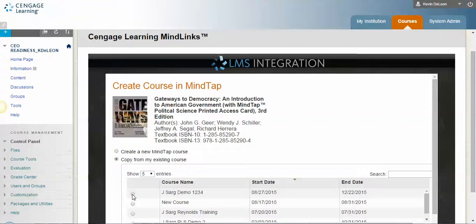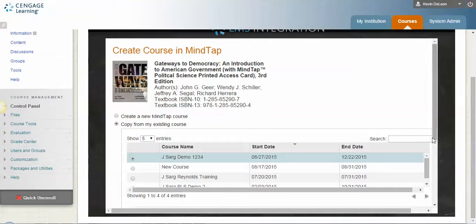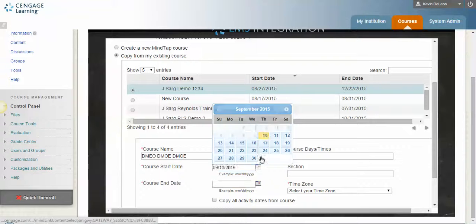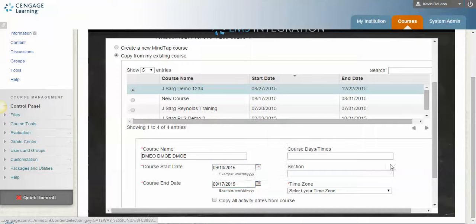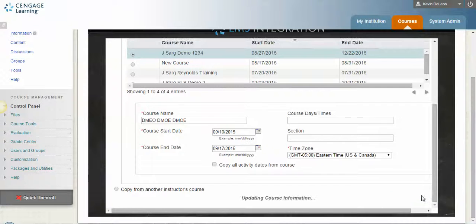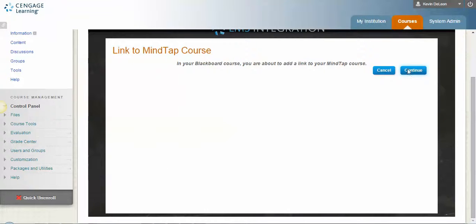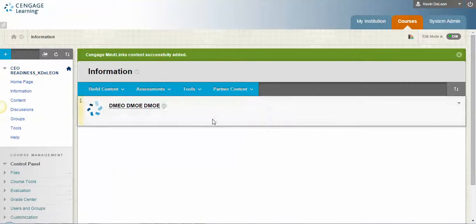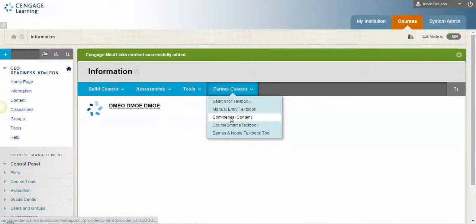Maybe I can copy from a course. Here we go. Demo, oops, typed it wrong. You will not have to do this. You have already created your course. Okay, so now that the link is going to be in here, which yours already are, so again, you will skip this step. Okay, you're going to come to partner content, go to commercial content,